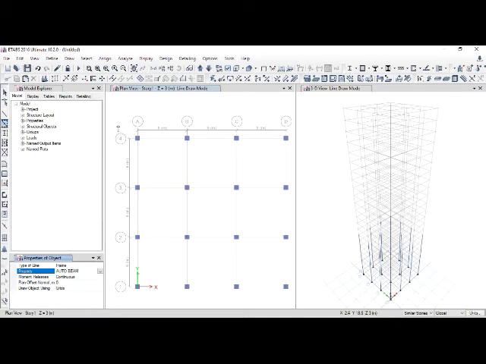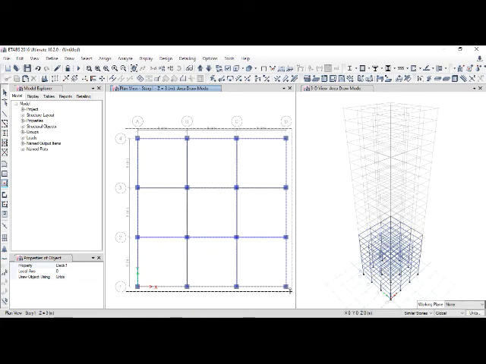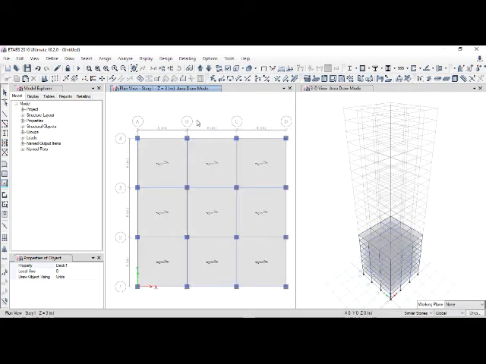Similarly, we'll create beams and slabs. Here by mistake we generated the slab with the deck property, but we can change that by selecting all the slabs of the similar stories and assigning a different property.